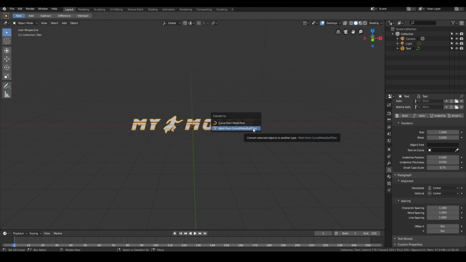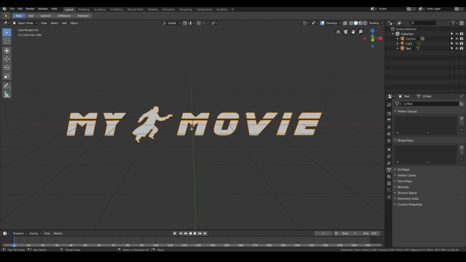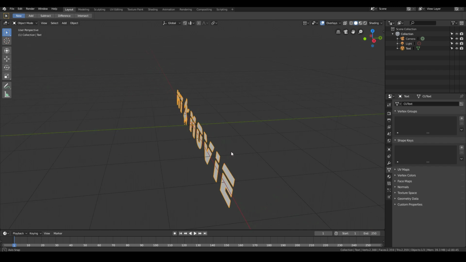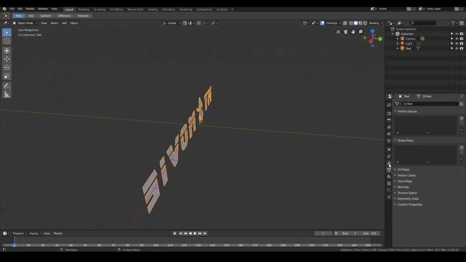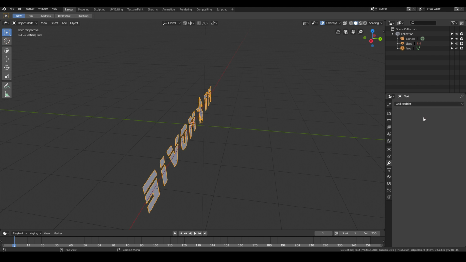Convert to mesh from a text. So now when we tab into edit mode, it's an actual mesh now. Okay, so that's cool. So the next step is simply just to give it a bit of thickness. Now we can either go to the modifiers and add modifier Solidify, but I think for this case I'll